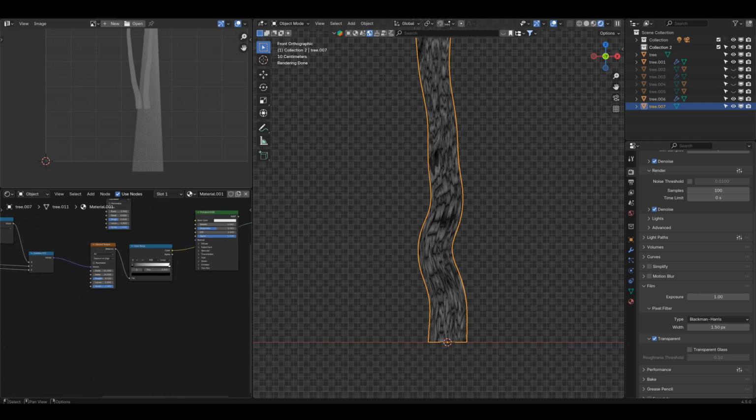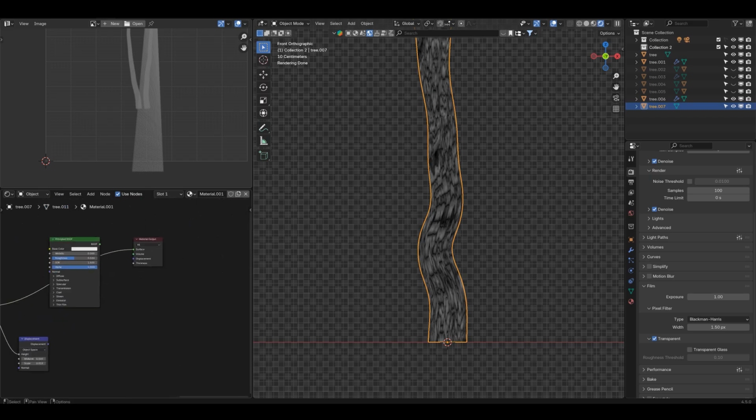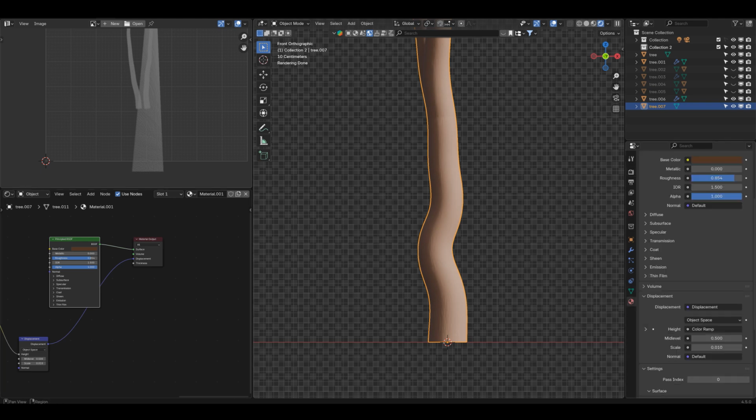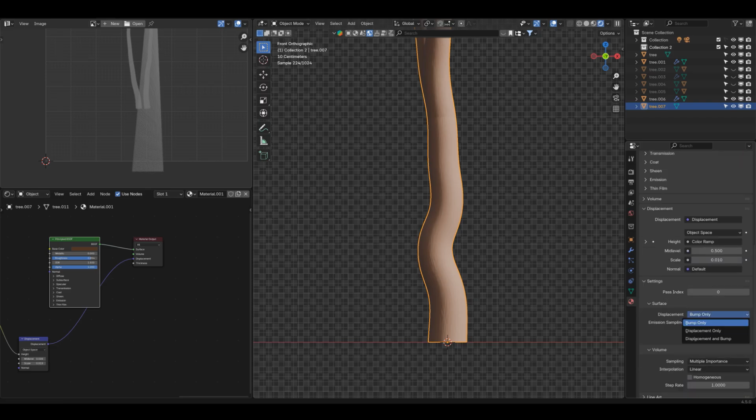And then if we plug that straight into a vector, Shift A, vector displacement, we can have a little look at what that's doing. So let's take this output from the color ramp into height. Let's drop that in displacement, and then Control Shift click this, and then let's just change the color of that so it's not so garishly white, and the roughness up. Yeah, it's not going to show displacement because we've got to edit the material properties under settings, bump only, change that to displacement and bump, and then we should see